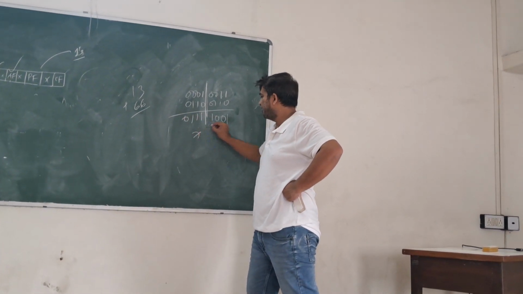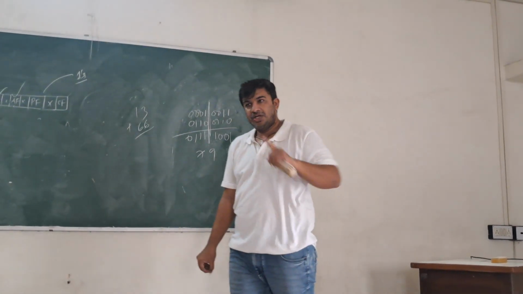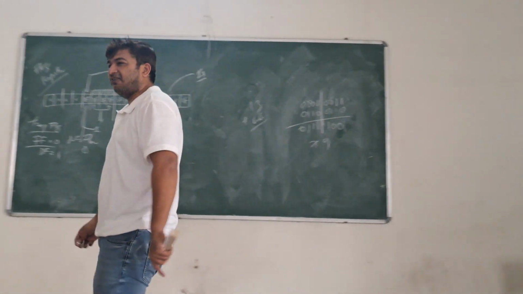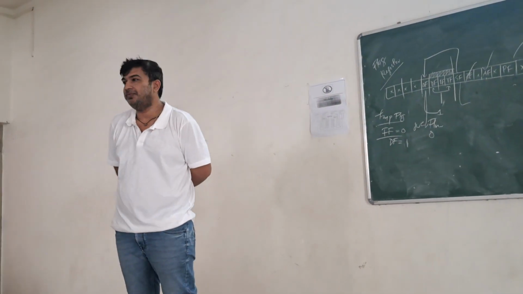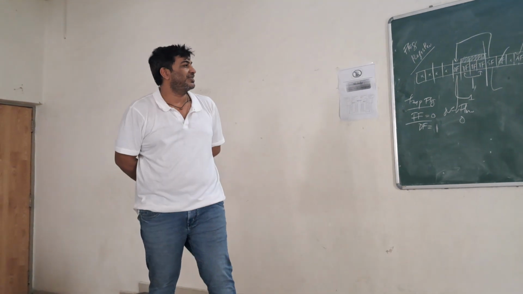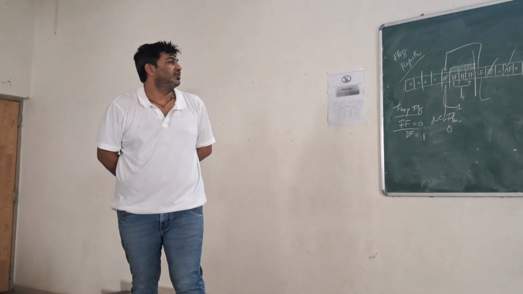This is 7, this is 8. Understand? Now carry flag, 0, no carry. Auxiliary carry, 0, no carry. What is the zero flag? 0, the answer is not 0. Parity flag,